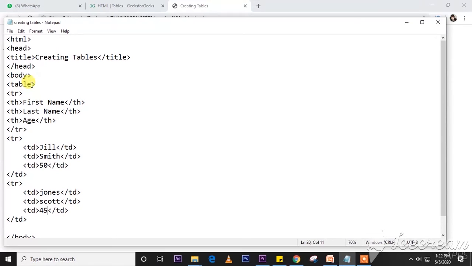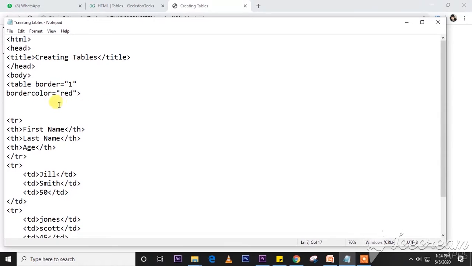You can see here our table has been created, but there are no borders. To get the borders, after the body tag there is the table tag. Inside the table tag we are going to write border 1 pixel. So save it and refresh your web page. You can see the borders. The default color is black. Now I want to change the color of the border. So in the same table tag we are writing, after border, bordercolor equal to double quotation marks red. Save and refresh your web page. You can see here the border color is red.